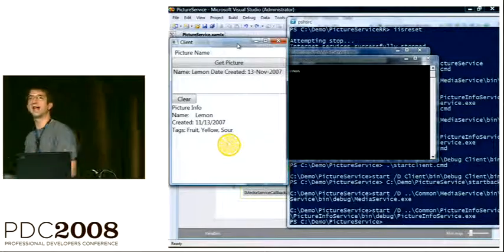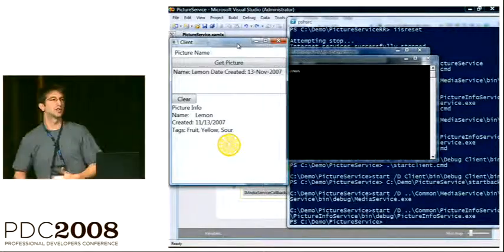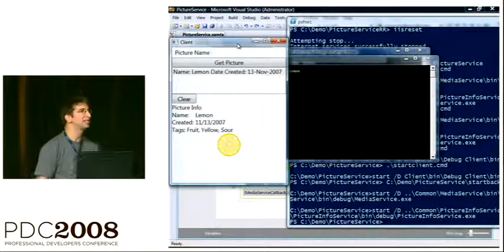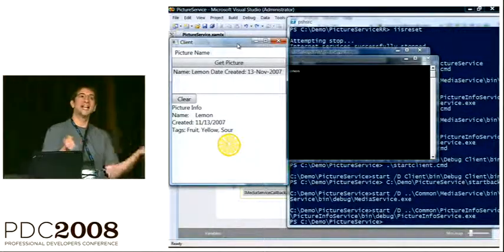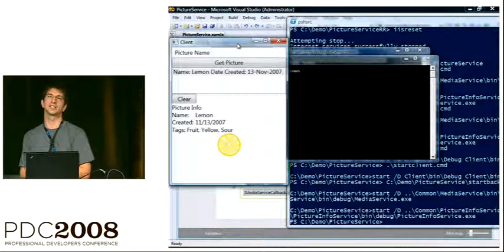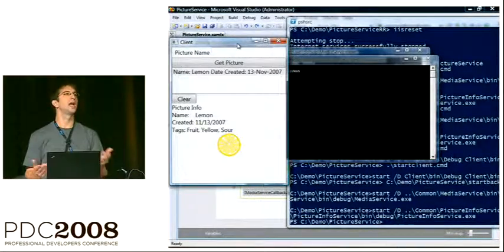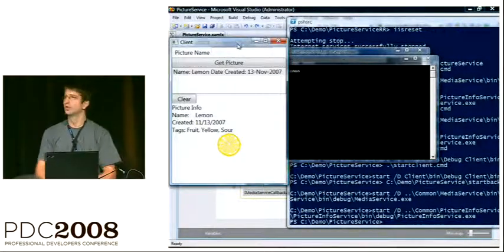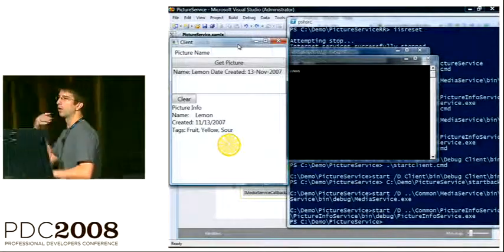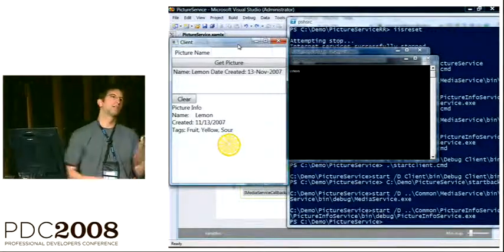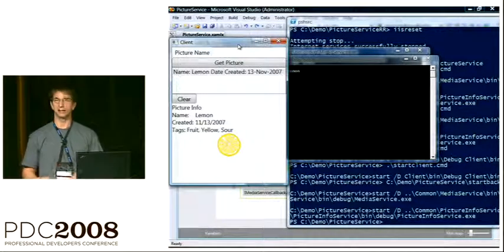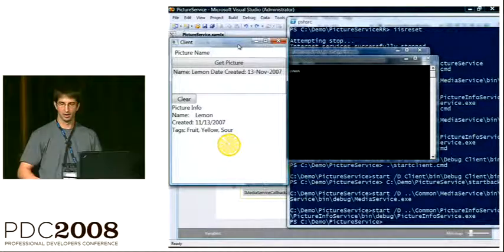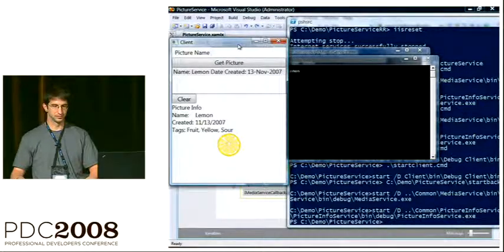But by virtue of the fact that I had a workflow service in the client, I could bring this thing down, bring it back up, and get that response that was related to the request that I had sent in a previous instantiation of this client. So there you have an example of how correlation is facilitating the coordination of messages with app state and pushing the complexity of that coordination code into the platform.